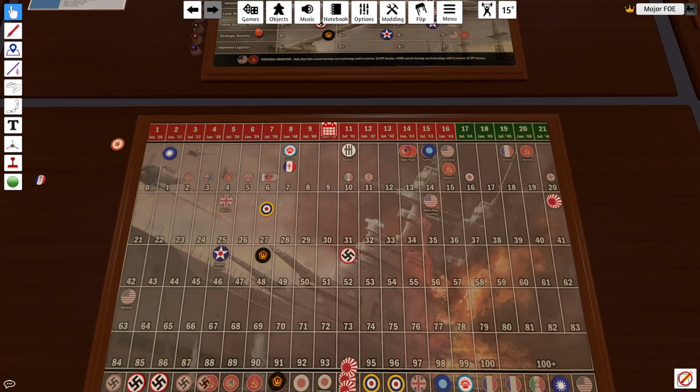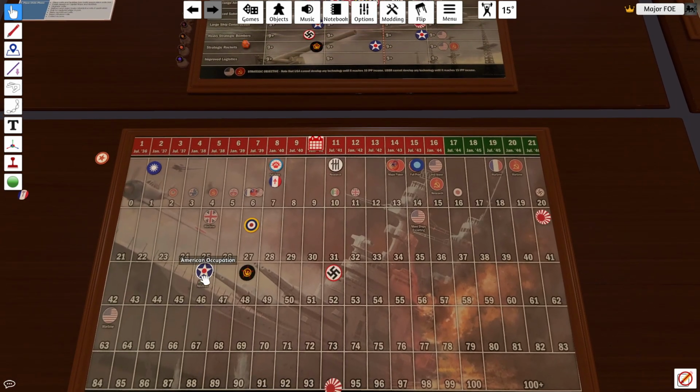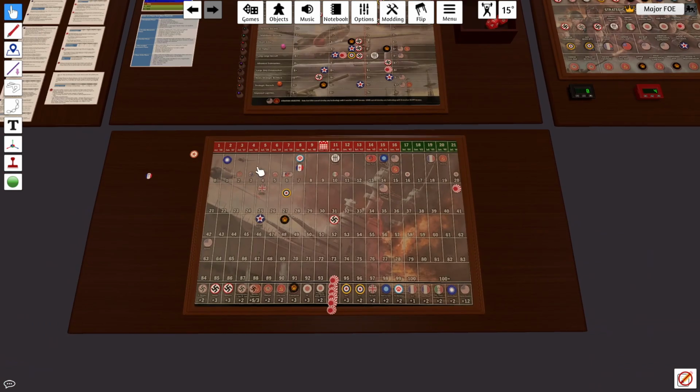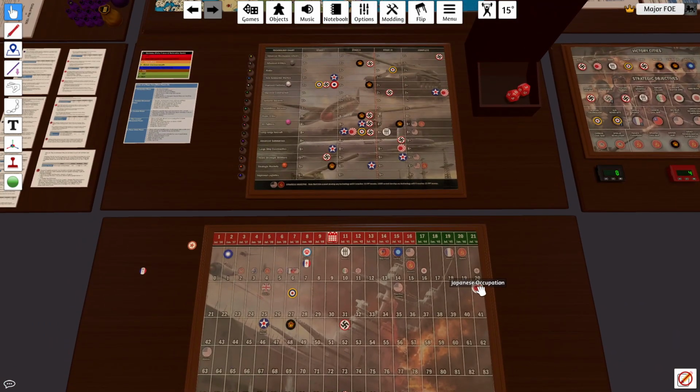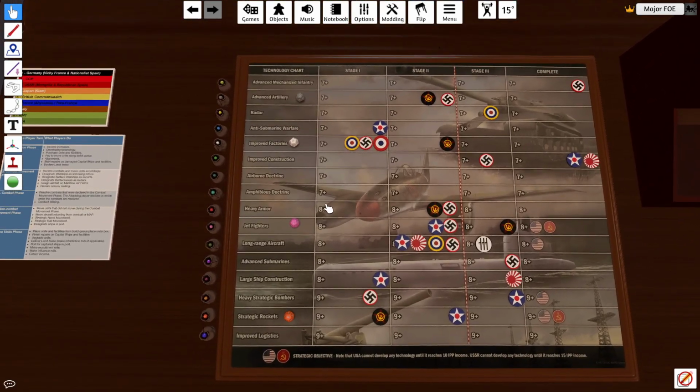Operation Cipher, turn 10.2, Russia, January 1941. Russia's currently at 48. Germany's bumped up to 52. America's on its way. It's got a little ways to go to get to full income. Japan's still pretty high. Italy has not started the war. So let's go with